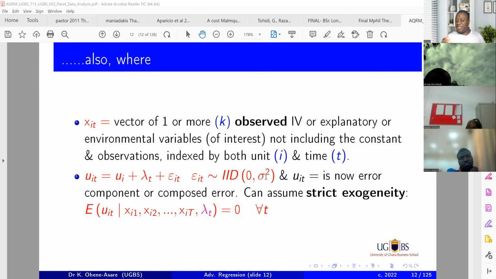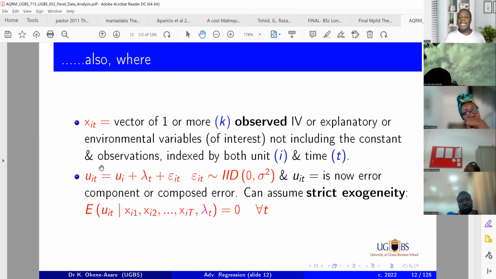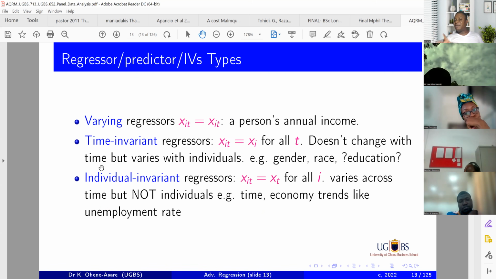Every other thing is inside that one. And please know that it assumes strict exogeneity. The expected value of the error term must be 0. It is strictly, it must be 0. So you're expecting that when you have estimated the results, the expected value of the error must be 0. It is important you know this because there's something that you need to know about this that a lot of